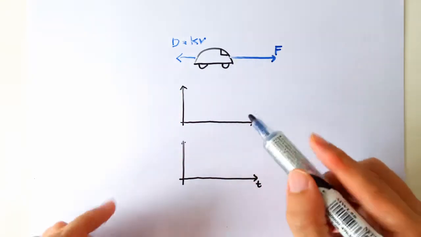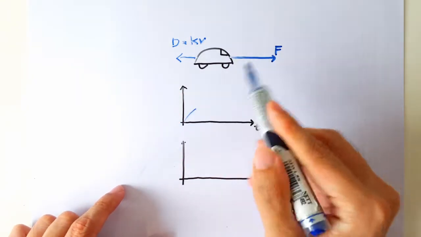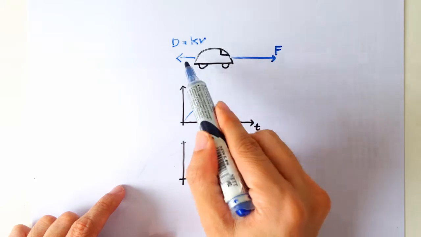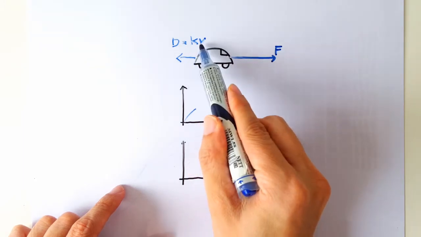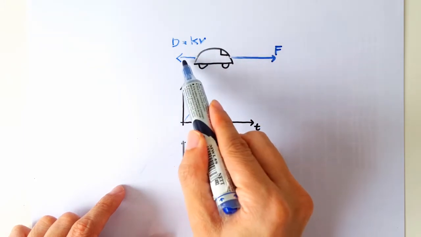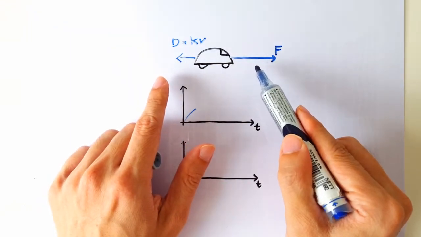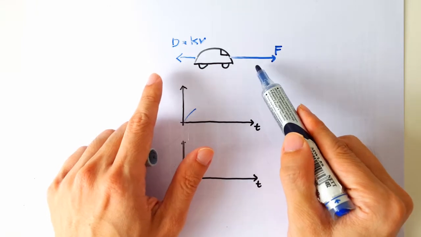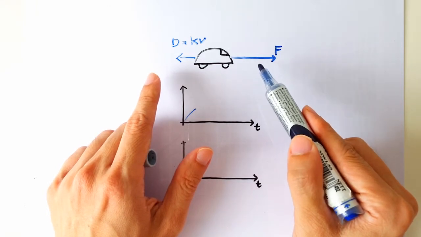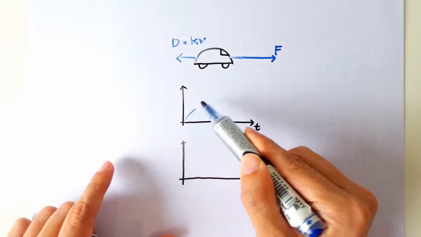the car will pick up speed. But as the car picks up speed, the drag force is going to increase because it's proportional to V, you see. So as the drag force increases, the net force becomes ever smaller. And it becomes smaller and smaller, the net force becomes smaller and smaller, and therefore the acceleration also becomes smaller